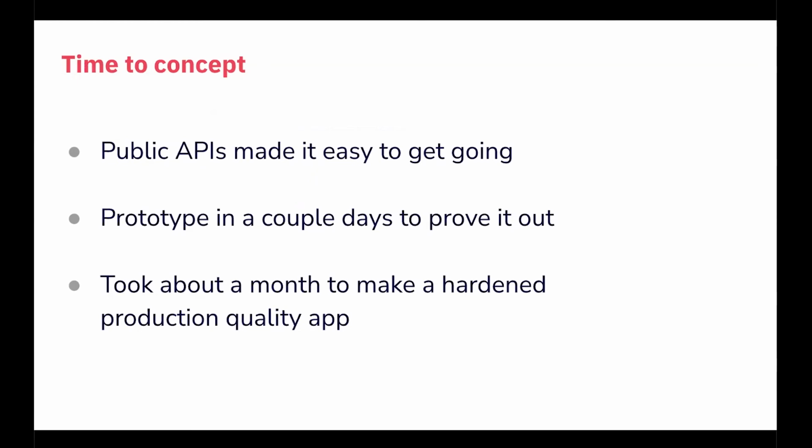We built one of those internal applications because we wanted to prove that the app would do what we thought it would. And then once we said, yeah, it does it, this is awesome, it took about a month to harden it, right? The hardest part of building an application is always that last 10%, making sure the OAuth works well, and that you've encountered enough different types of errors that we have a good sense this is going to work for hundreds of customers, not just tens of customers. So there was probably about another month of hardening up to where it's a production quality app. And ever since we've launched it,